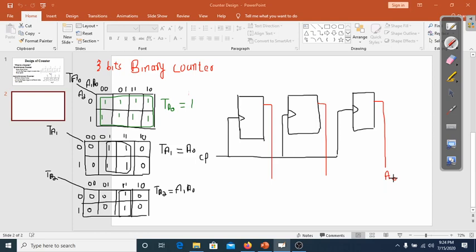This is the first flip flop. This is the second flip flop. Its output is A1, and this is the third flip flop. Its output is A3. Now the inputs for this flip flop is